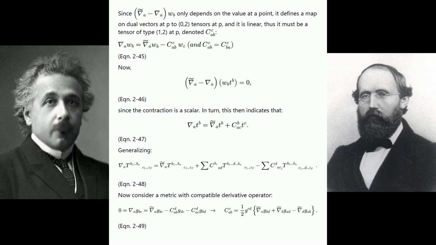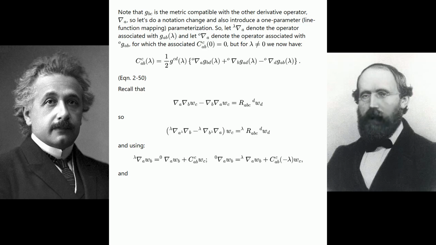Now consider a metric with compatible derivative operator. See equation 2-49. Note that G sub BC is the metric compatible with the other derivative operator, gradient sub A. So let's do a notation change and also introduce a one-parameter, line function mapping, parameterization. Let the lambda power gradient sub A denote the operator associated with G sub AB of lambda, and let the 0 power gradient sub A denote the operator associated with the 0 power G sub AB, for which the associated C sub AB to the C power of 0 equals 0, but for lambda not equal to 0 we now have,